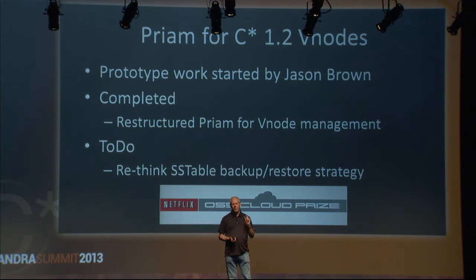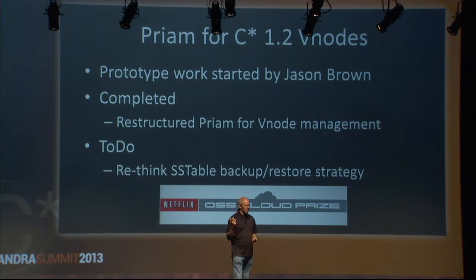we're doing backups. The way we do backups right now is that each Cassandra node has one token, so we do all the backups relative to that token. With Vnodes, it's a little more complex. So this is an opportunity to make a cloud prize entry. If anyone wants to work on this or work with us on this, we're going to have to figure this out ourselves at some point.